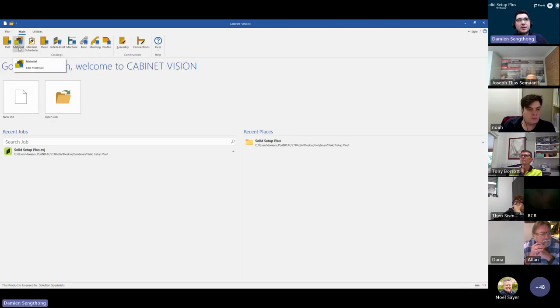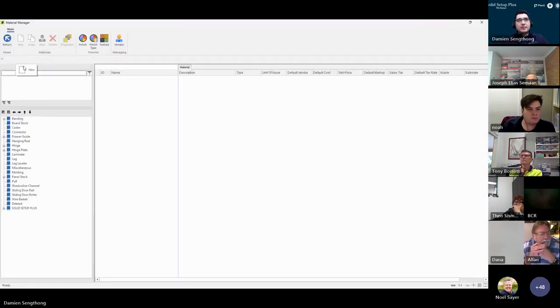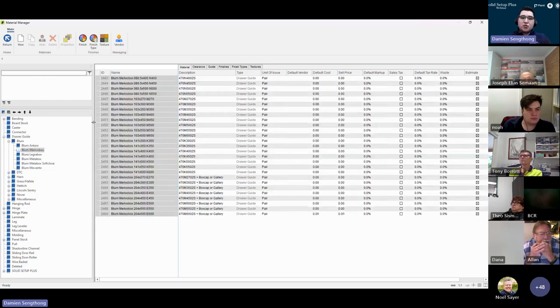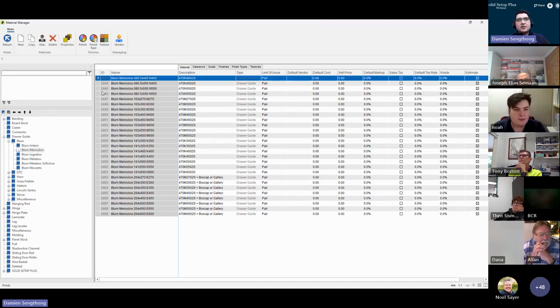If I go into my material tab here, and I expand drawer guide, Bloom, and I'll select Marivo box here. So these are the drawer guide materials that are provided with a package from Planet Australia. As you can see, each drawer guide with a specified length, height, and series of the runner. If I select one of the materials and go to its properties,